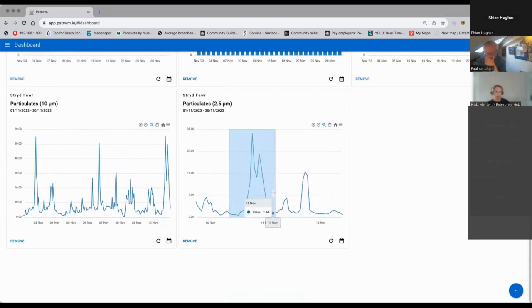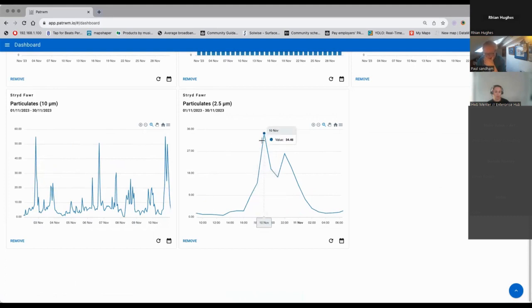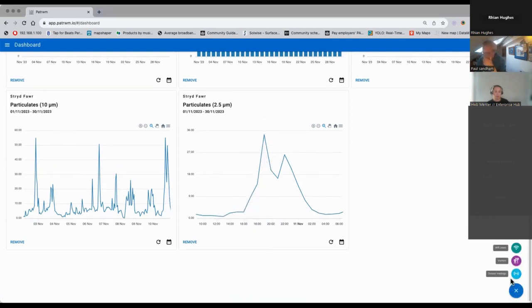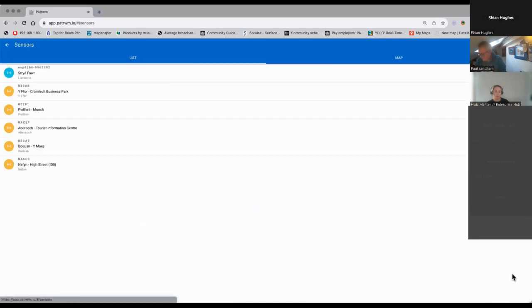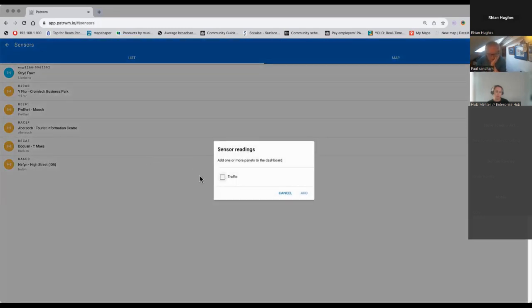And if we drag that down to the day, we can actually see what time of day those peaks were. So it could well be very cold, people lighting log fires, something like that. Much better in terms of sensors for me though are these. These are our ability to count traffic. So if I've just picked Abersoch,